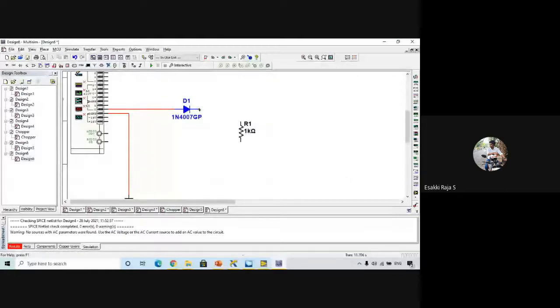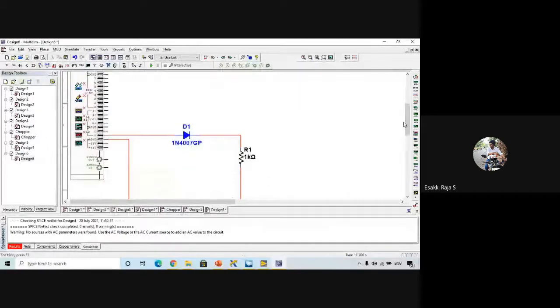Now we are going to plot VI characteristics of the diode. For that, first I have to measure the voltage drop across the diode, right? So to measure the voltage drop across the diode, I'm going to use the 0 plus channel. Then I need to measure the current. The problem is I can't measure the current directly, so instead I'm going to add a resistor.